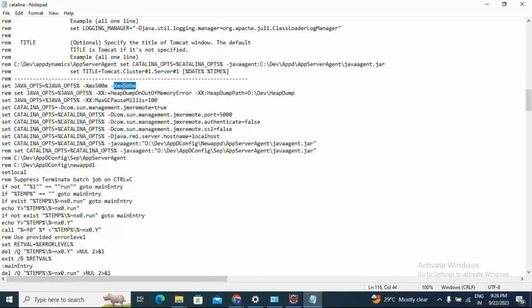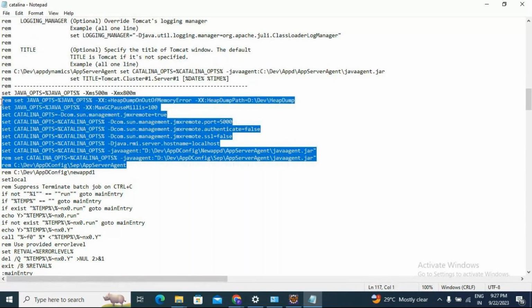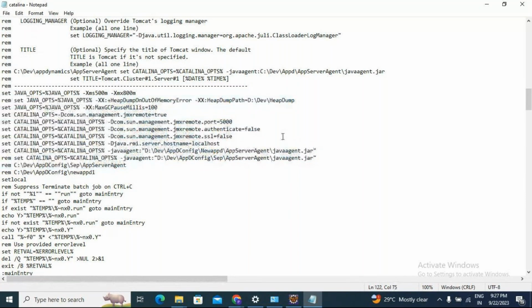If you download it from the internet, you might not have all these things added for our later purposes, for GC or heap dumps or JConsole monitoring, AppDynamics. We need to add a few configurations, so I have added them. But when you download it from my drive, you can comment all these out. If you download it from the internet, you might not even have these. Then just check whether the heap is there and set up the proper heap. That's it. Save it,